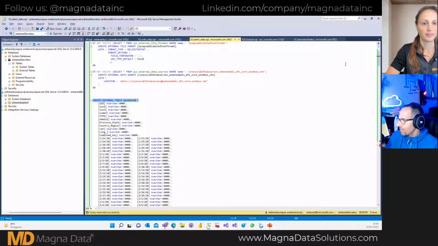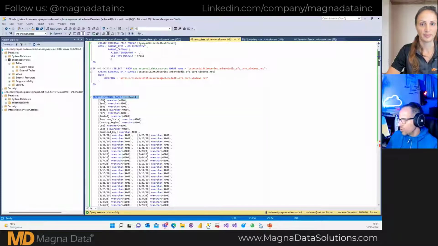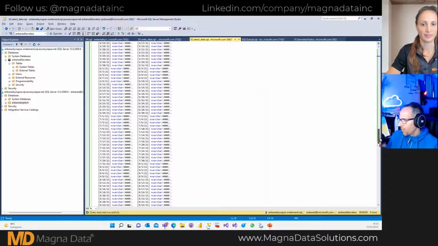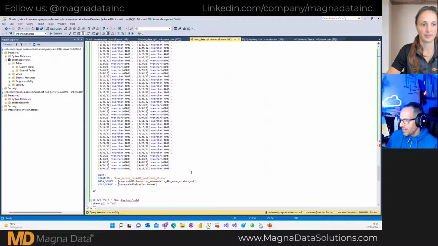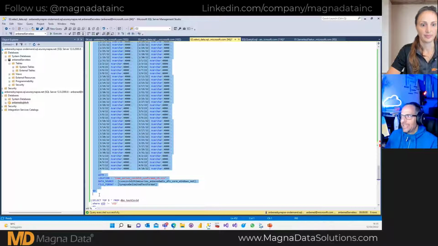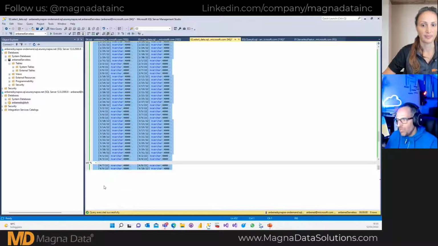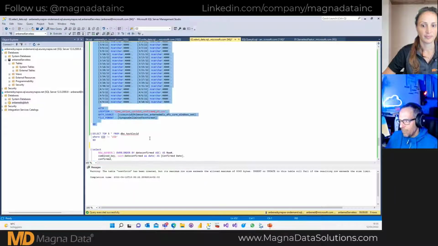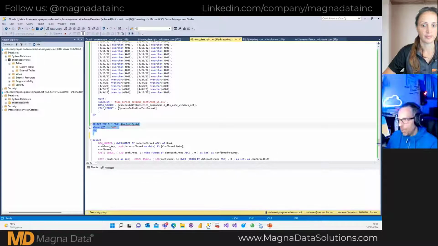So the idea here is I prefer to do things manually, not through the user interface. Here I can execute this statement that is create external table, with a lot of columns, a lot of attributes, and a with clause. In the with clause, you can see the location, the data source, and the data format that you already specified on top. With this information, my external table is able to